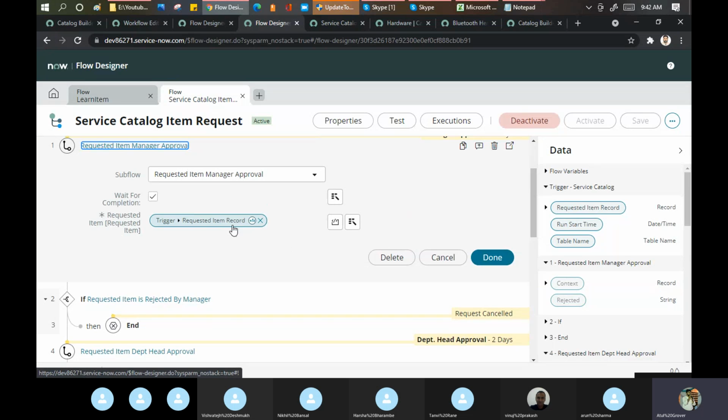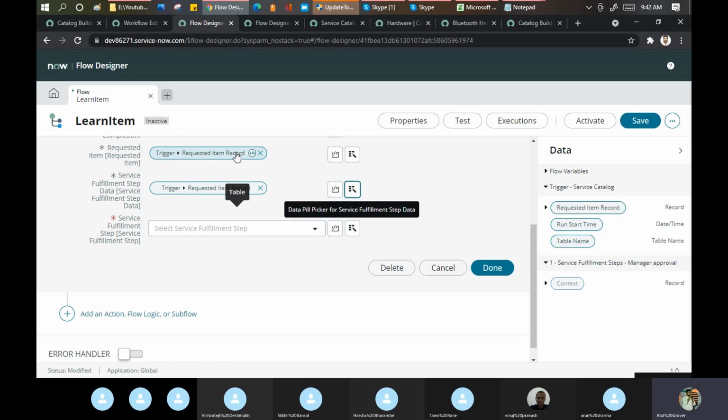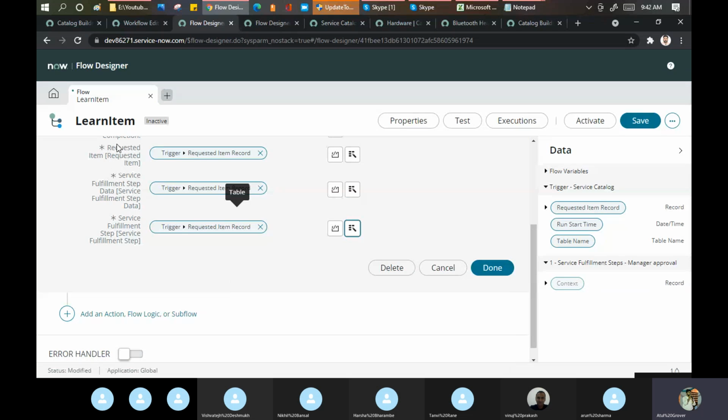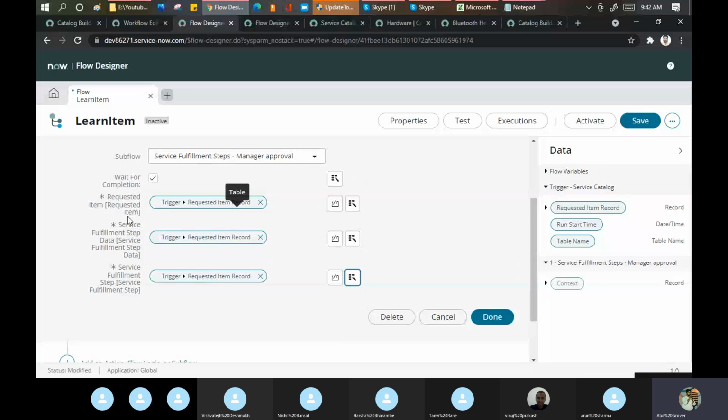Second, requested item record. That's fine. Here again in the same step I can put something, maybe something advanced they put here. This is something they are doing in the Rome release. I have no idea what the purpose of this is, but I can give you the idea that this part can be taken care of. So now it will go for the approval.